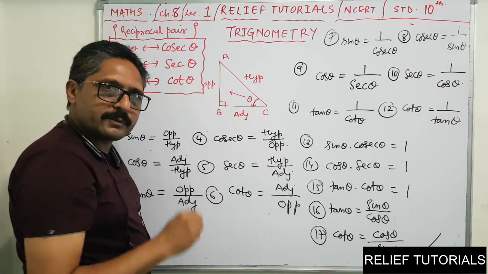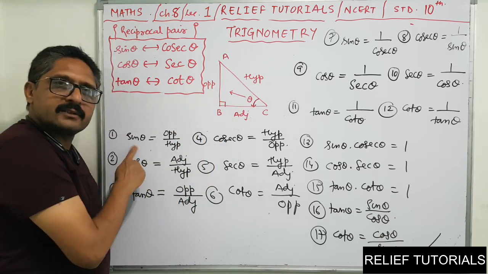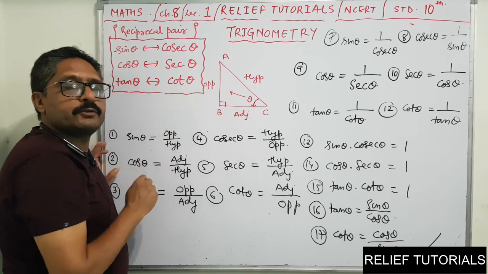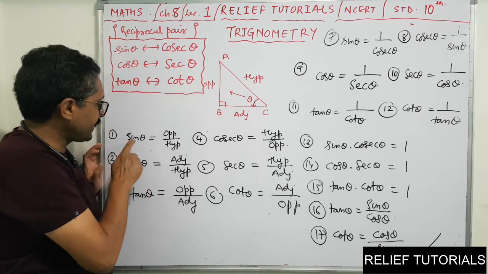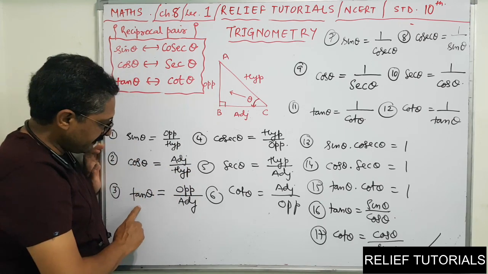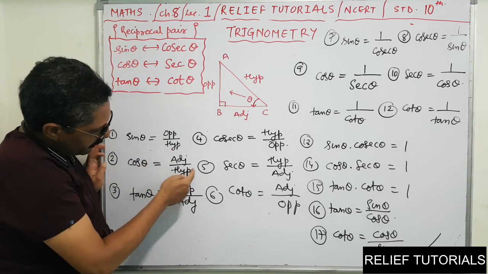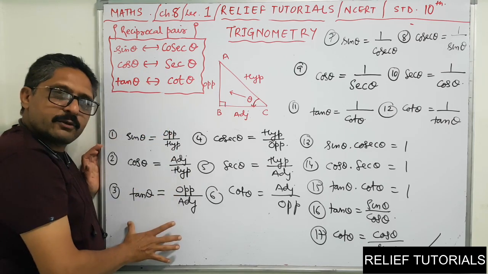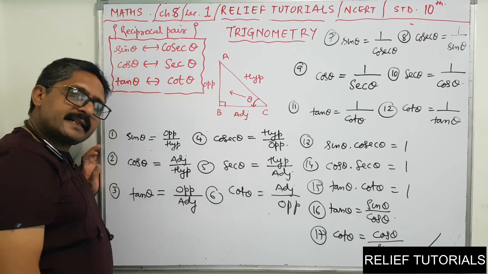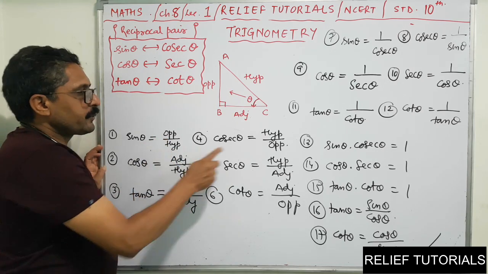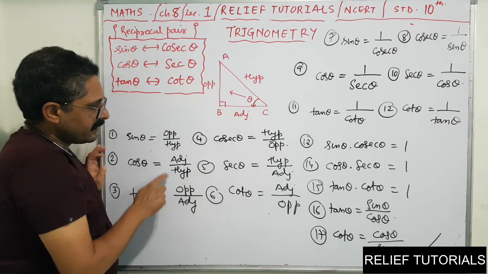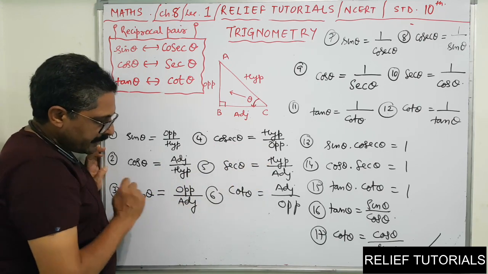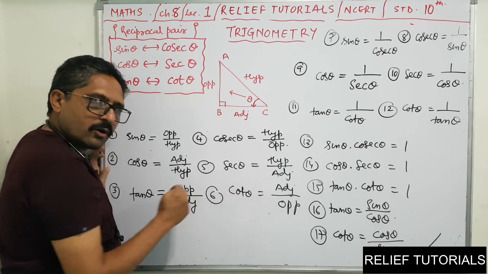I told you there are 6 possible ratios coming here. Sin theta, so I told you 2 basic ratios, sin and cos. Sin is opposite upon hypotenuse, cos is adjacent upon hypotenuse. The ratio of sin and cos is tan. So if you find the ratios, hypotenuse will get cancelled. So opposite upon adjacent. So you got these 3 trigonometric ratios. Remaining 3 will be its reciprocal. Opposite upon hypotenuse, so hypotenuse upon opposite is cosec. Adjacent upon hypotenuse, so hypotenuse upon adjacent will be sec. Opposite upon adjacent, so adjacent upon opposite will be cot.